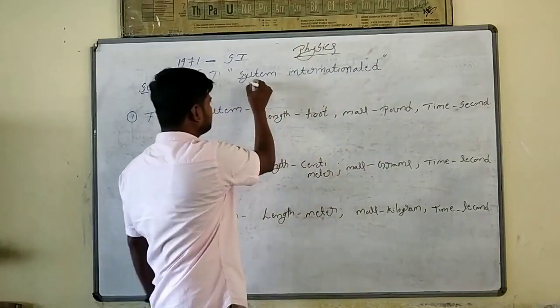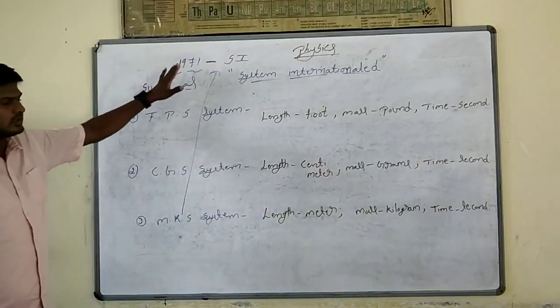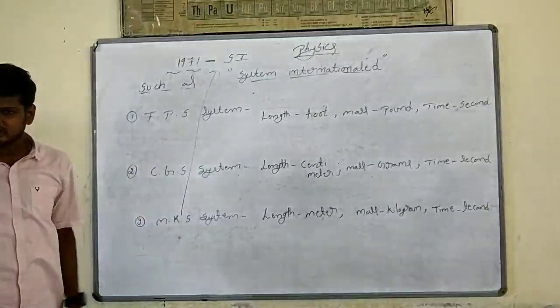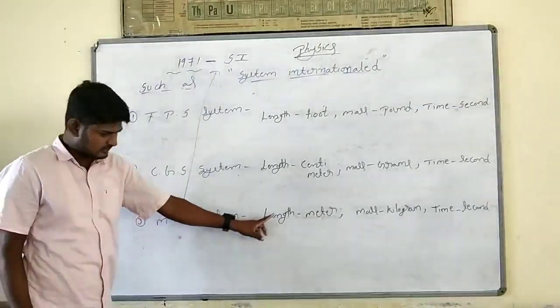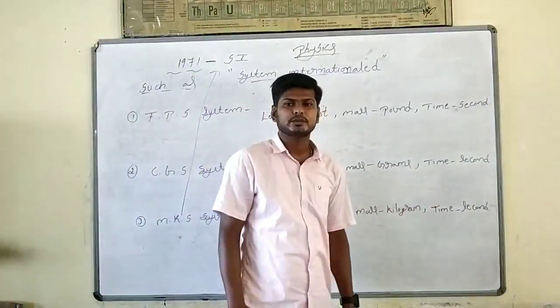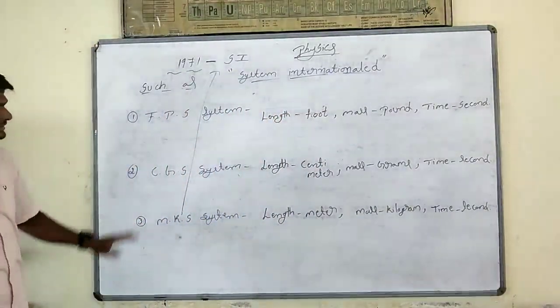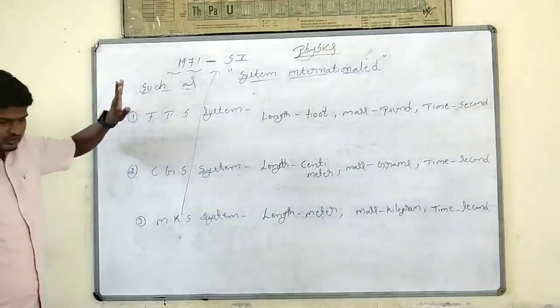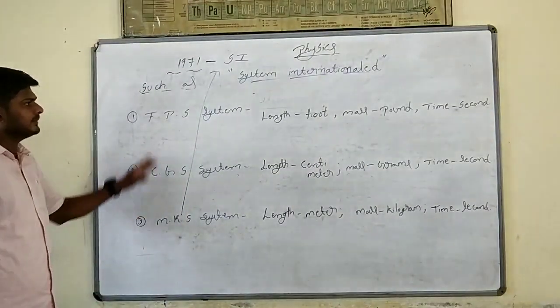System International MKS, in 1971. Now you can go for any part of the world. Length they are going to measure in standard form, meter only. Mass they are going to measure in kilogram, and time they are going to measure in seconds. This is what units. There are different types of units, but in 1971 they made a